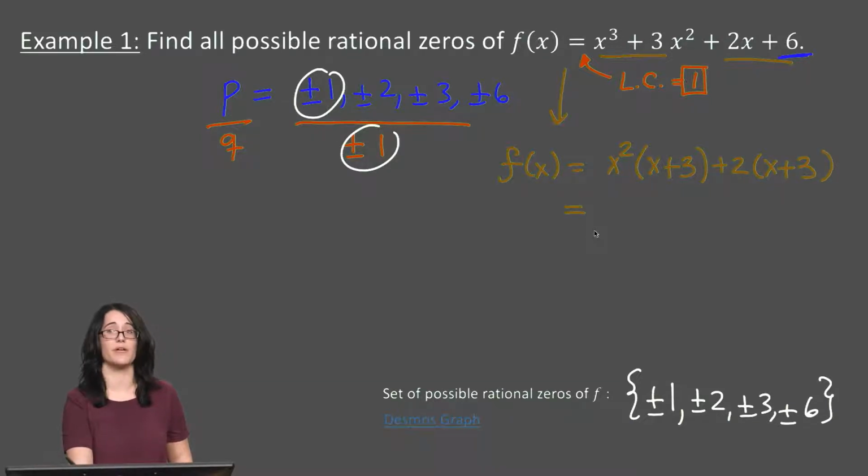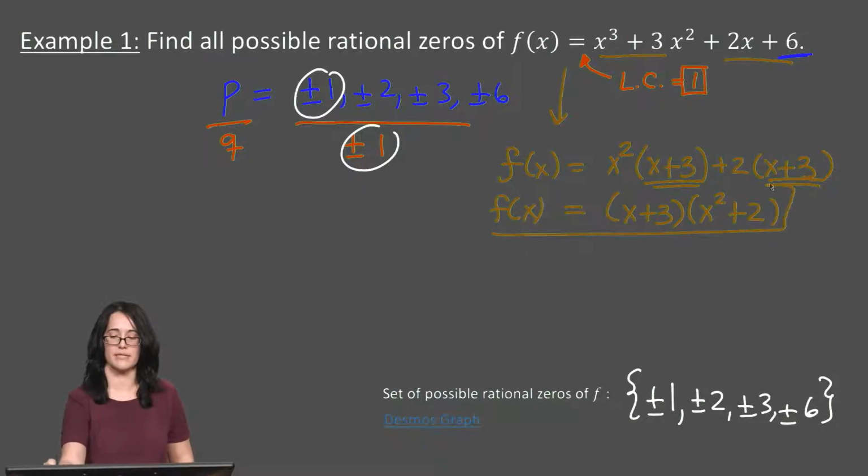Can you remember what those are? Yeah, that's right. The x plus 3 comes in front because that's what's in common. And what's next to it would be the other two parts, x squared plus 2. Now what's interesting about writing it in factored form here, this one was a nice easy one that can be done like that. Now that it's in factored form, we have our factor theorem